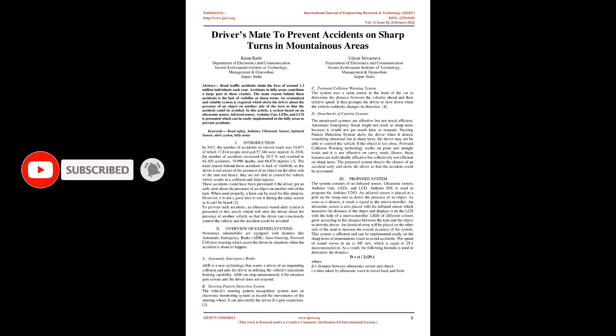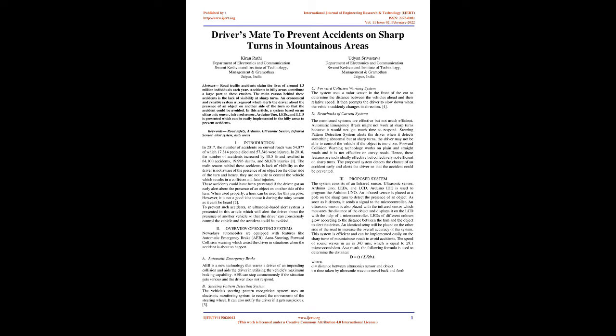Introduction. In 2017, the number of accidents on curved roads was 54,077, of which 17,814 people died and 57,346 were injured. In 2018, the number of accidents increased by 18.5% and resulted in 64,100 accidents, 19,996 deaths, and 68,878 injuries. The main reason behind these accidents is lack of visibility, as the driver is not aware of